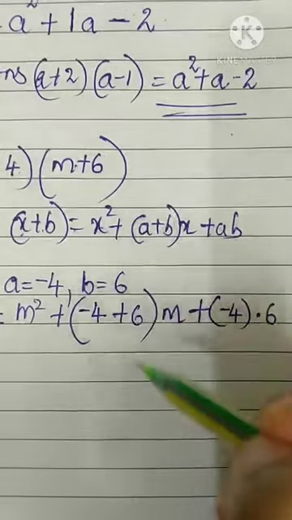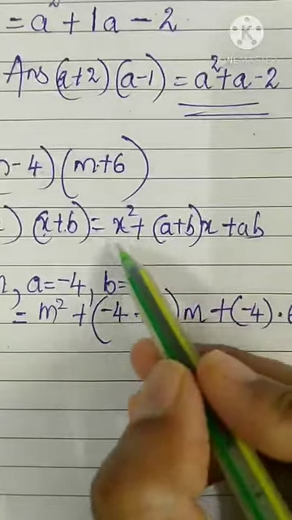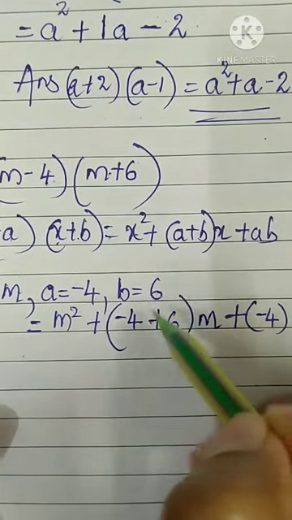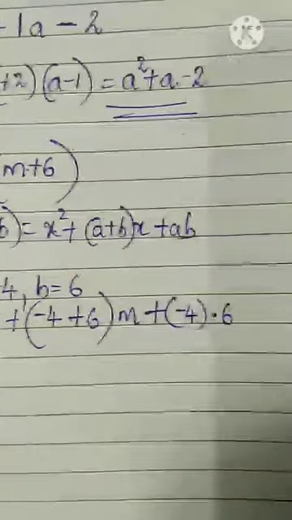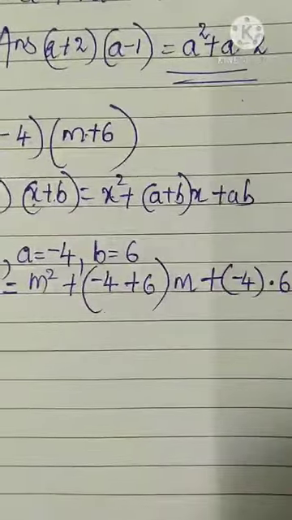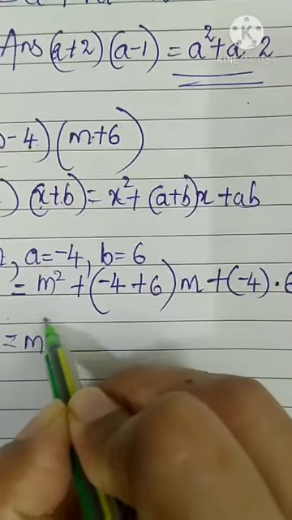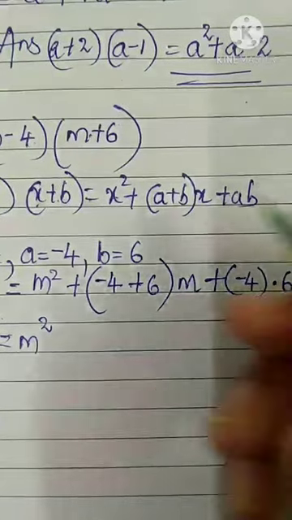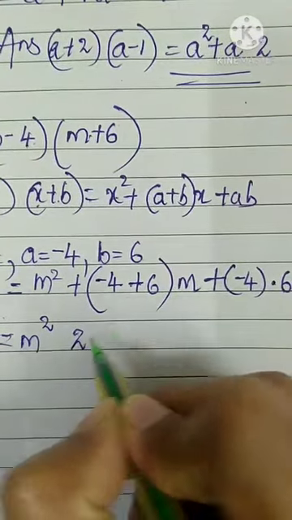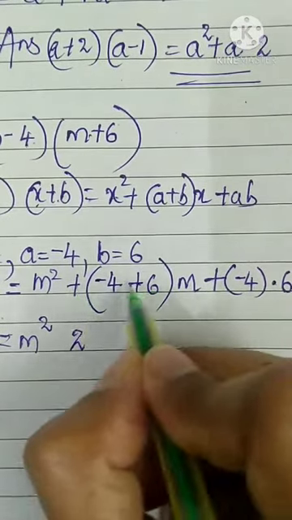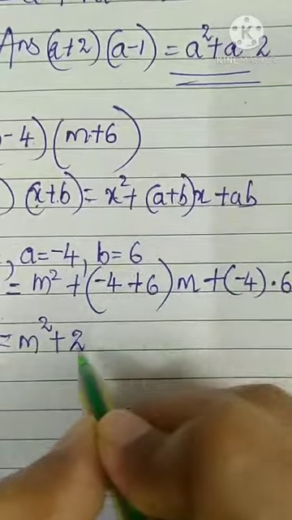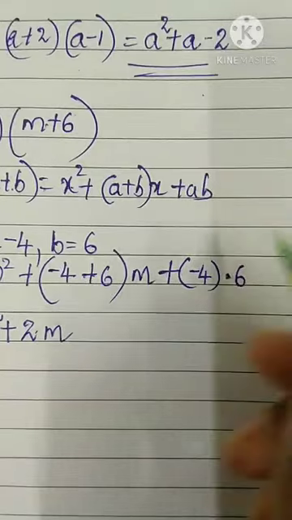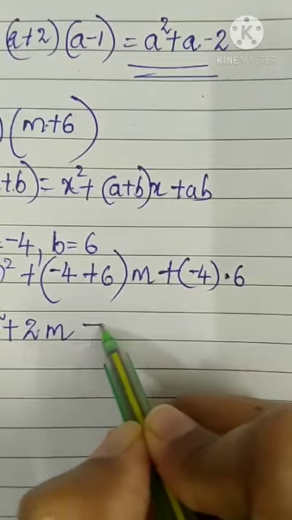Otherwise, we will have to redo the sum or you will get it wrong. So, is it correct? In place of x, we put m, plus a is minus 4, b is 6, m plus minus 4 into 6. Now, slowly let us open the bracket, which is equal to m square will be m square only. Now, here be careful. Minus into plus minus. 6 minus 4 is 2. Which is bigger number? 6, its sign is plus. Plus and plus is plus only, m. Over. Now this side. Remember here multiplication. Plus into minus, minus.